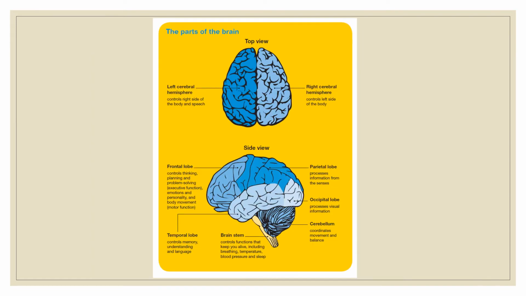And this is what I want you to pay a little bit more attention to. It goes over the parts of the brain. So we have the parietal lobe, the frontal lobe, brainstem, temporal lobe, cerebellum, occipital lobe. Depending on where the tumor is located is what will affect the patient most, of how the brain works.